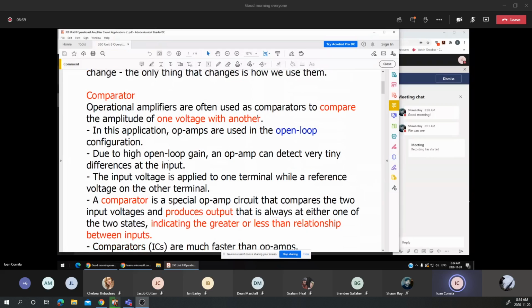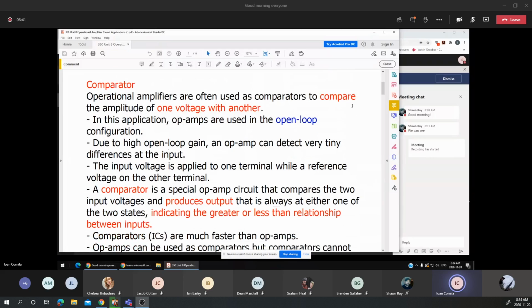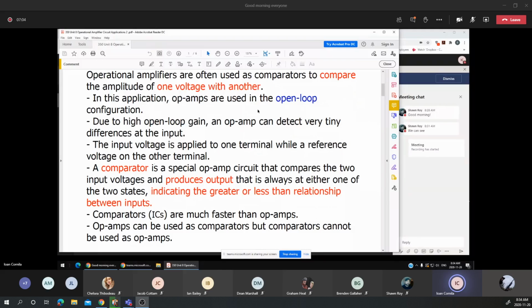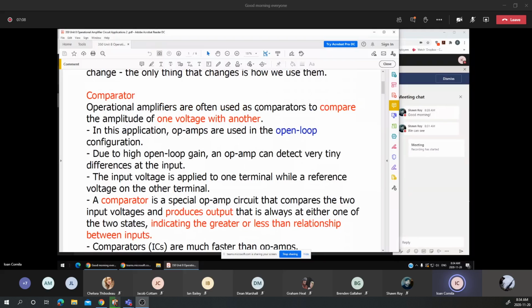Now, what a comparator does is compare two voltages, using one of the two input voltages as the reference and the other voltage as a variable or changeable voltage. To give you an idea of where we can use a comparator, suppose that we are using it in instrumentation,